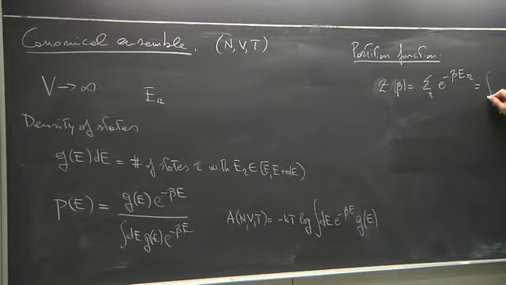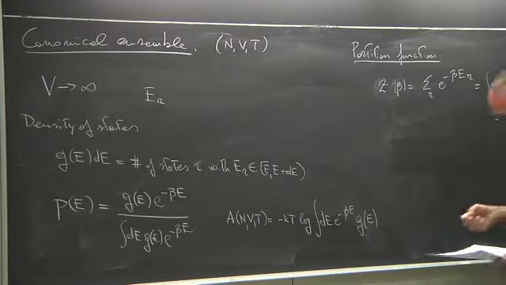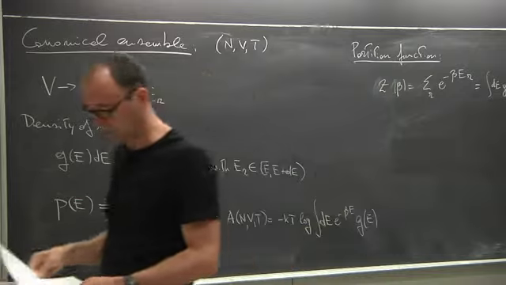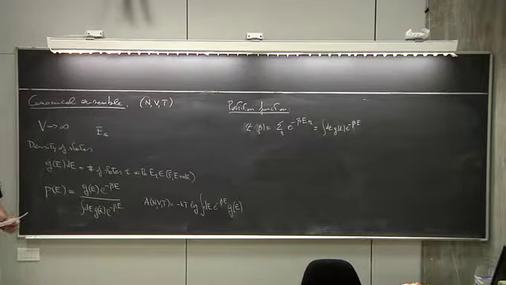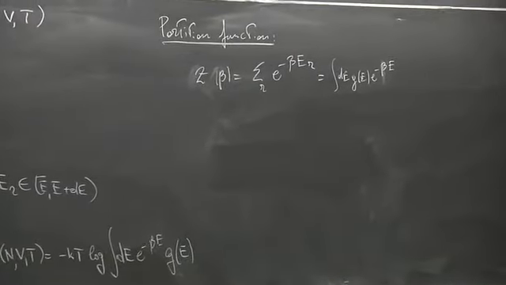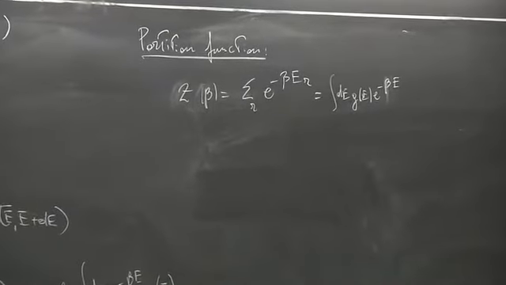And in this case, it is the integral over the energy of g(E) times e to the minus beta times the energy. And you see that the partition function is the Laplace transform of the density of states. So mathematically, these two things are related. Okay,